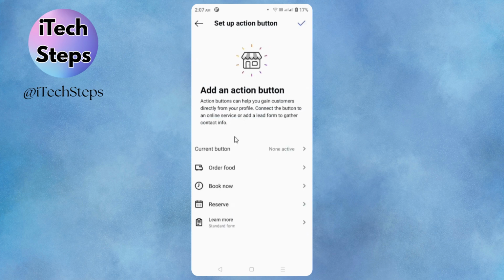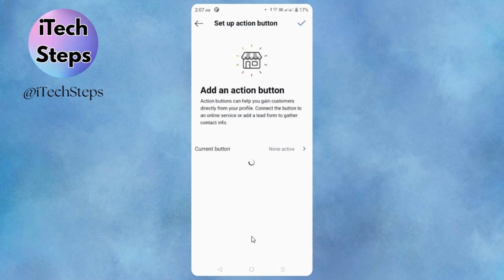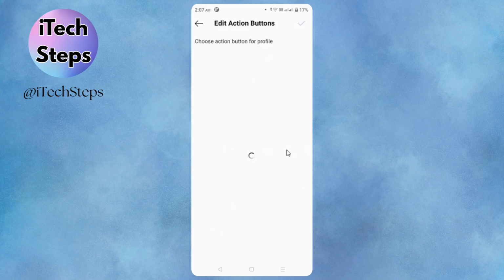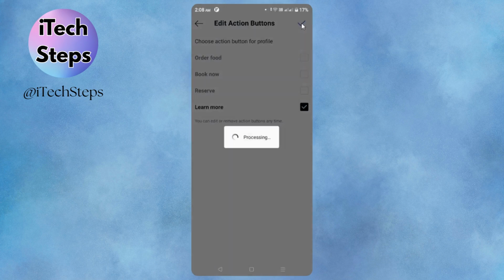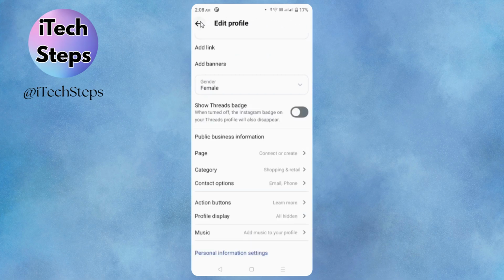Now you have to select which business you are offering, like for example, the learn more button. So you need to set up all the information for your business and click done. So we need to activate this one too. So let's tap this and check the button you choose and tap check. So after your selection, just click that check icon at the top right corner and let's go back to our